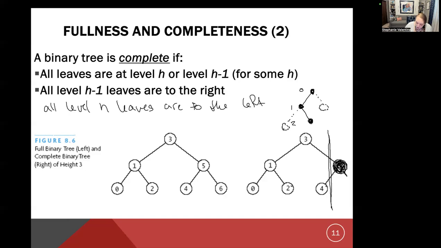And so we have a tree of height 2 with a null subtree on the left, which means that's an empty tree. And that is not allowed because all of the leaves, the non-null leaves, need to be to the left, not to the right. So if instead of adding this new node where I added it, I added it here,